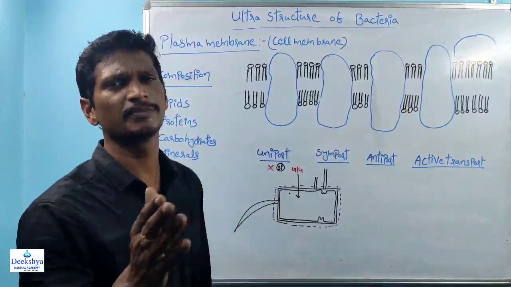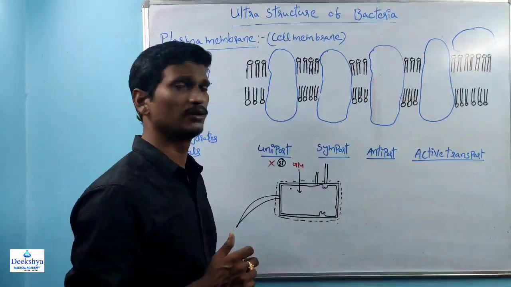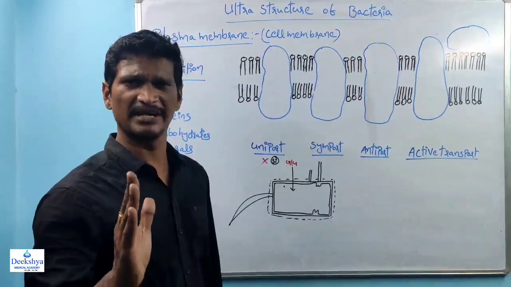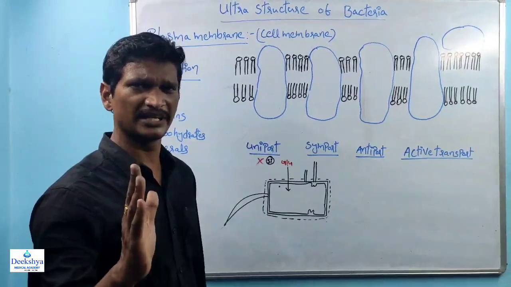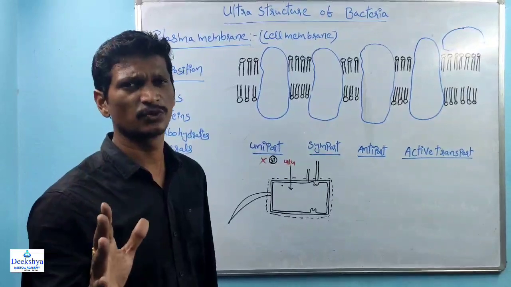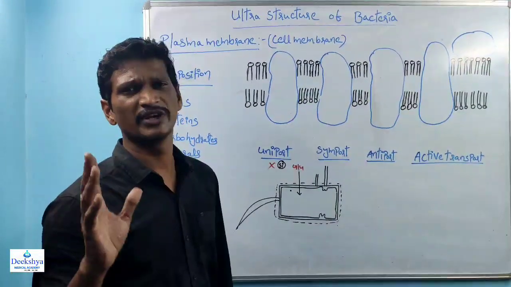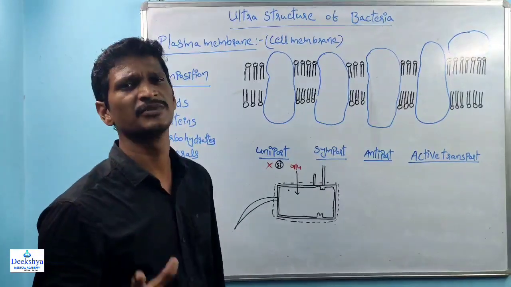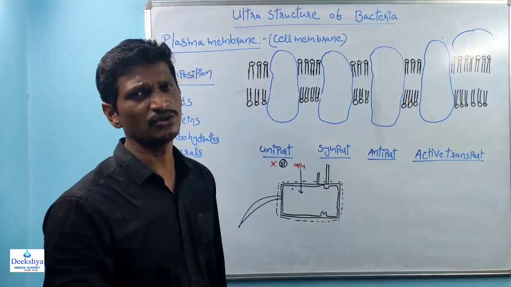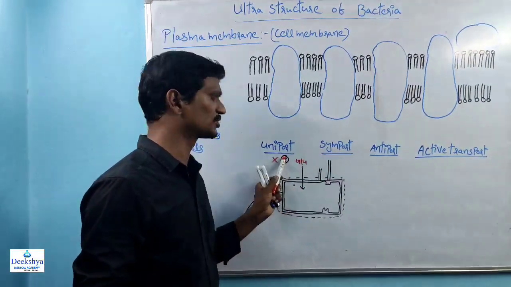Cell wall purely maintains the permeability. All the molecules are transported through the cell wall, but plasma membrane is not like that. Plasma membrane majorly maintains the semi-permeability. Selective molecules are transported from outside the cell to inside the cell, and whatever waste products are present within the cytoplasm, these are transported from inside to outside. Unwanted molecules are transported from inside to outside.